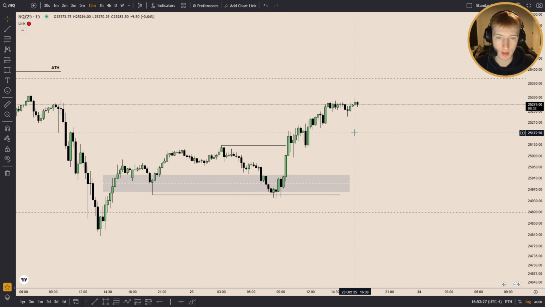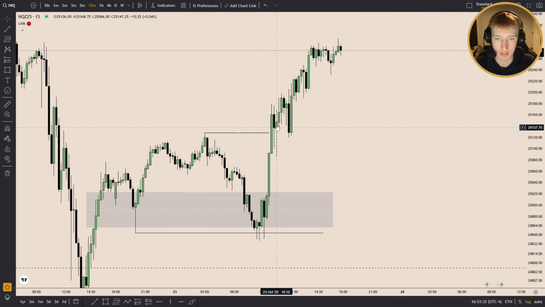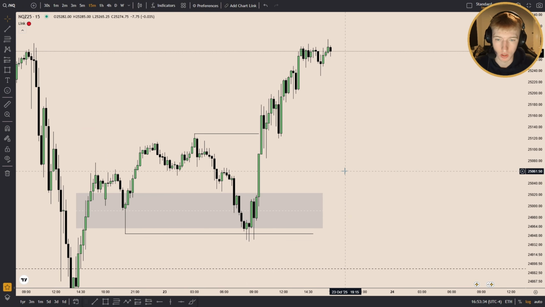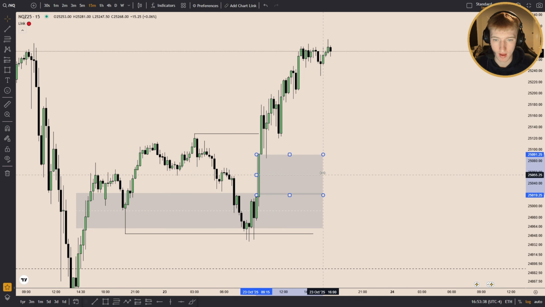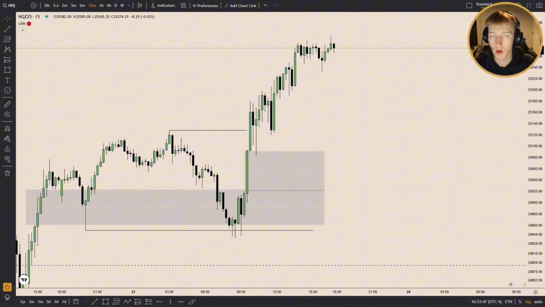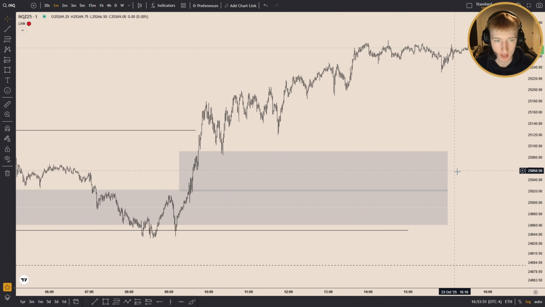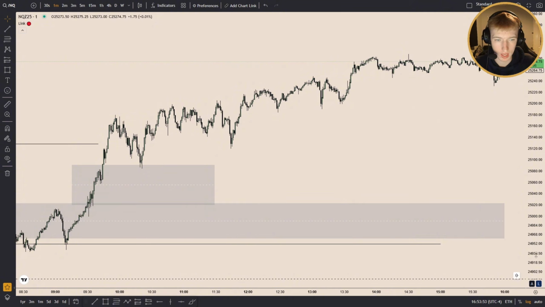So then I came down the time frames. What we'd left behind, obviously at this point I was waiting for a pullback into this leg and then a long position. What we were left with was this 15-minute fair value gap right there. So as you can see, we did come and tap into it and mitigate this fair value gap. But more importantly, on the lower time frame, what we left here was this